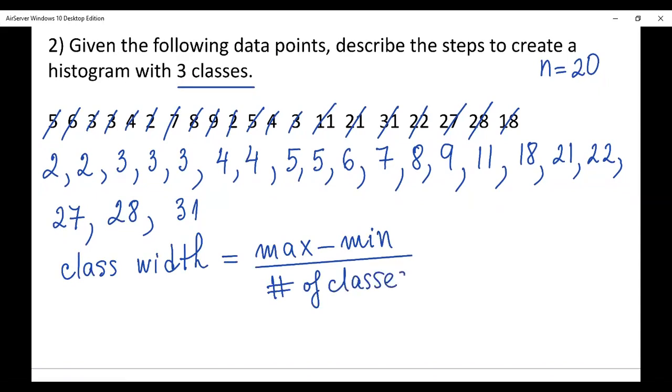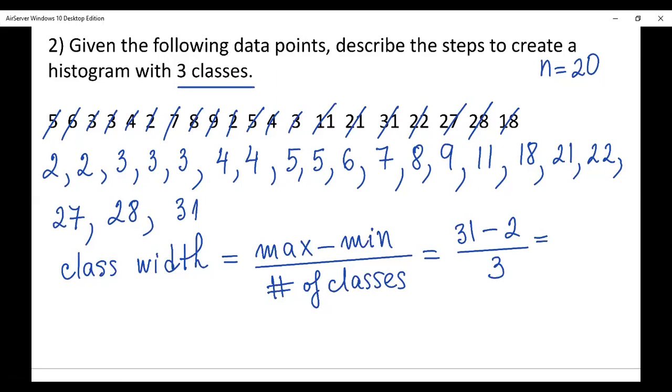In our case, the number of classes is 3. So this will be 31 minus 2, and we have to divide this by 3 because the question is asking for 3 classes. So 29 divided by 3,